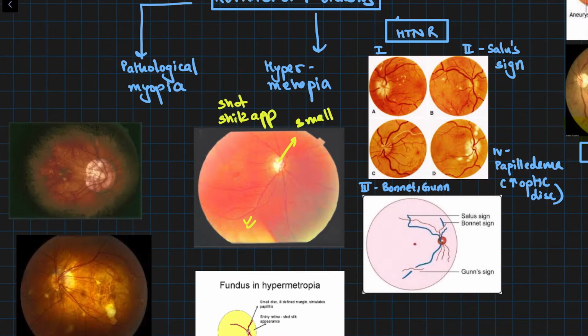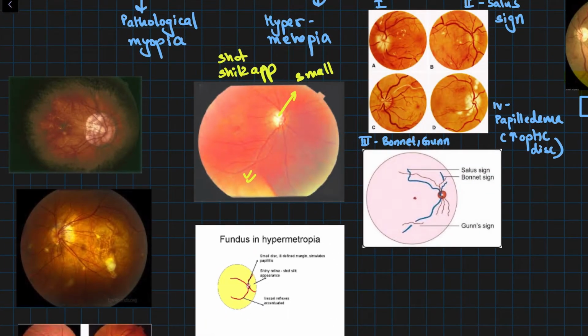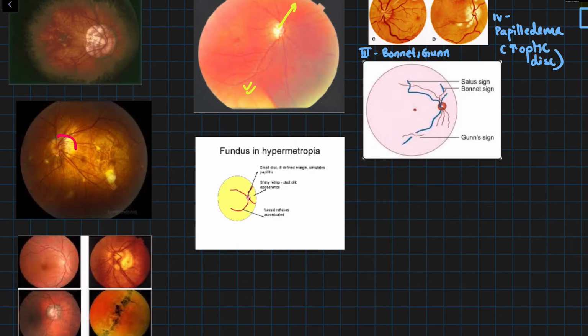Not very important, but important to note is pathological myopia, right? In pathological myopia, what we get is a tigroid appearance, which is also called a tessellated appearance of the fundus. There is a crescent on the optic disc on the temporal side, and the optic disc appears like it has been tilted, right? There can also be some lacquer cracks. If they are present, then they lead to rhegmatogenous retinal detachment, right?